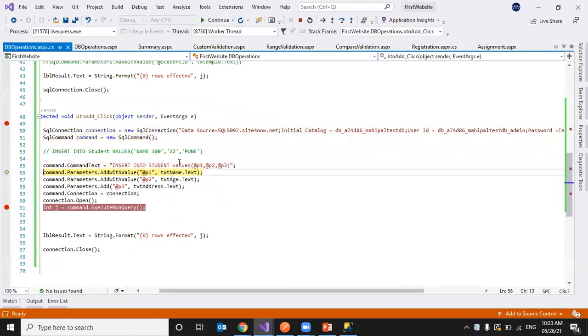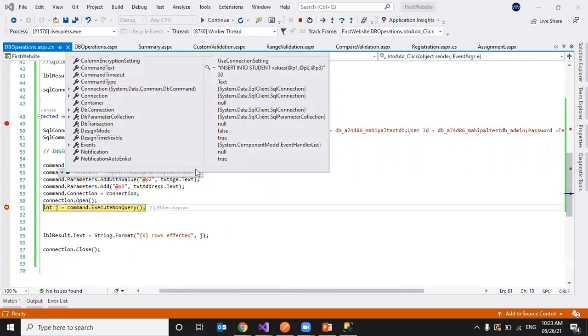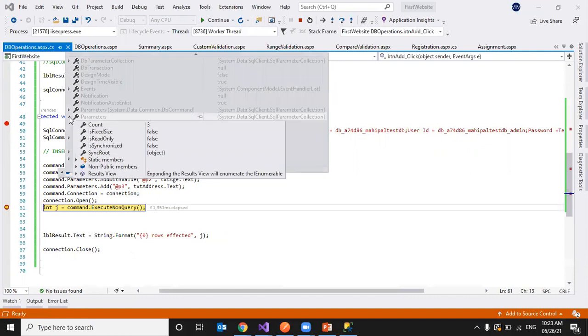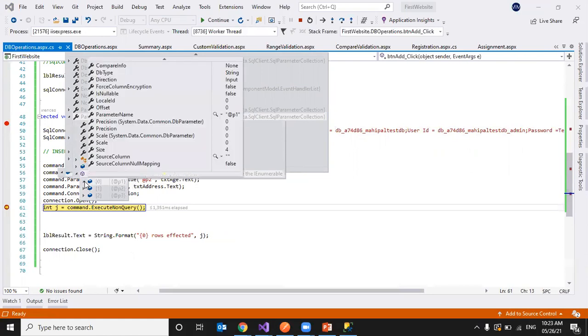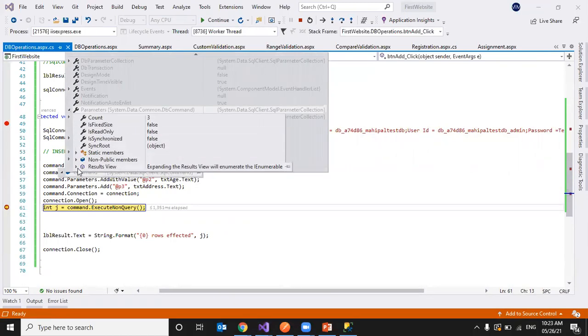The debugger is hitting here. We can check the command object and the query. Command text is insert into student values at P1, at P2, at P3. We can check those values in command parameters. Here we have 3 parameters: at P1, at P2, at P3.